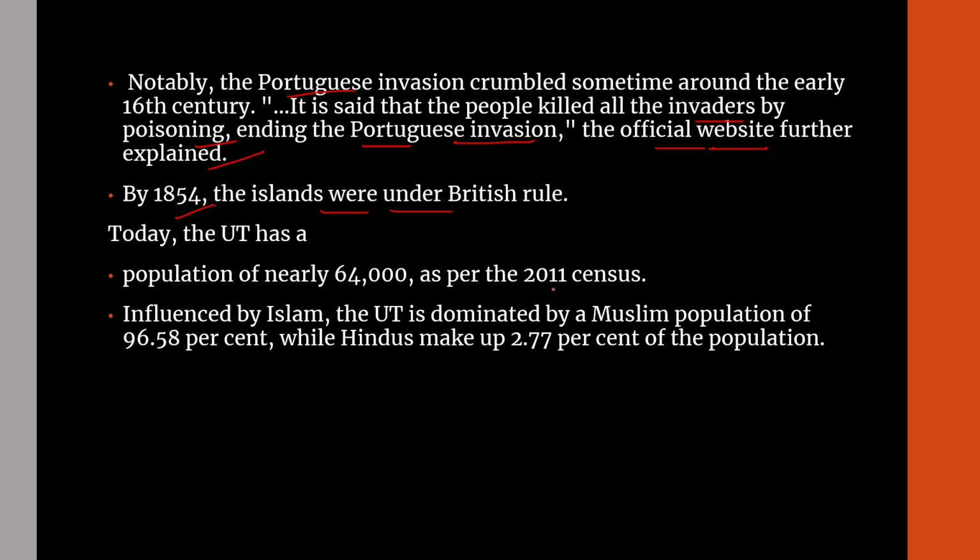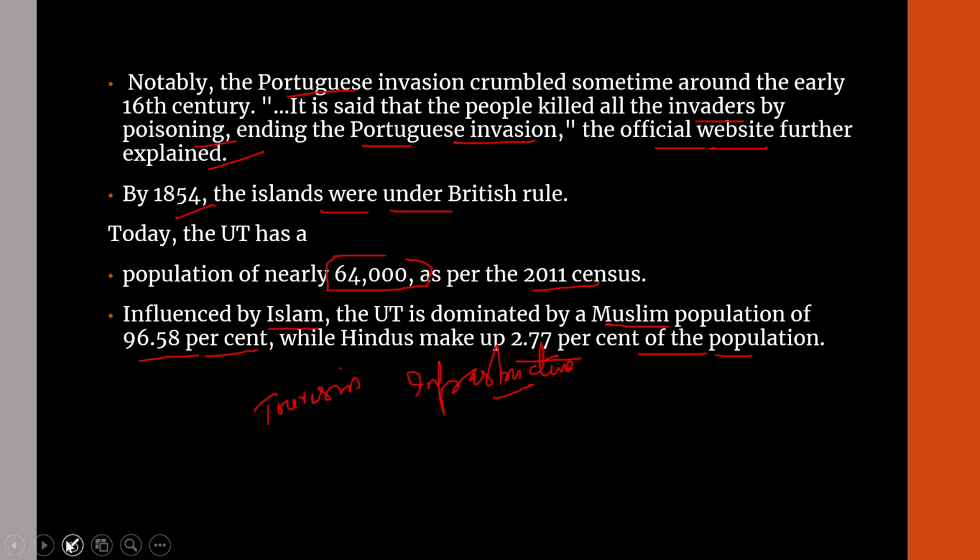Today, according to the 2011 census, the population of Lakshadweep is around 64,000. Influenced by Islam, the UT is dominated by a Muslim population of around 96.58%, and Hindus make up 2.77% of the population. And many students ask me, sir, what is the meaning of tourism infrastructure? This is very important, my dear students. Remember this point. What is the meaning of tourism infrastructure? As simple as that, you have to understand that tourism infrastructure includes hotels,